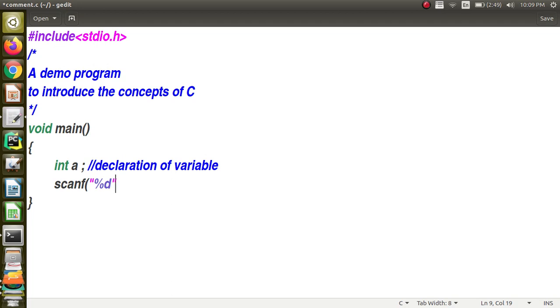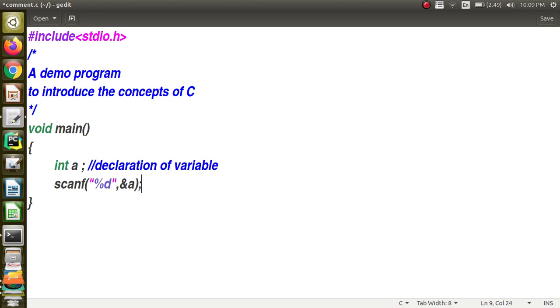That percentage should always be there for starting the format string, followed by the letter indicating the data type. Now I am going to read an integer, so it should be percentage d, then comma, and then the address of the variable. Actually the variable name I know is a. If I want to know the address of the variable, I have to put an ampersand in front of it.